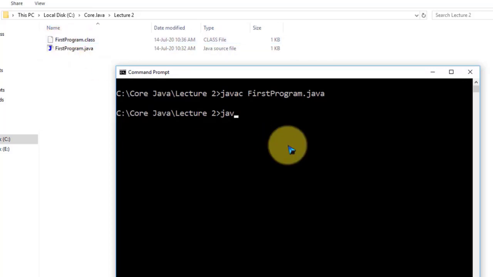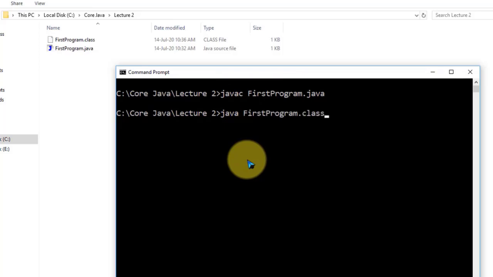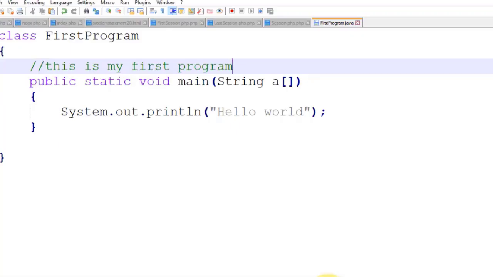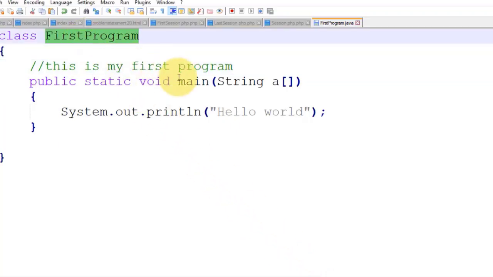So that is how to compile; now how to execute it? Now use the interpreter. The first command, javac, is the compiler. Now I want an interpreter. The interpreter needs the class which contains the main function, the main method. In this file I have only one class, named First Program, and in First Program I have a main.